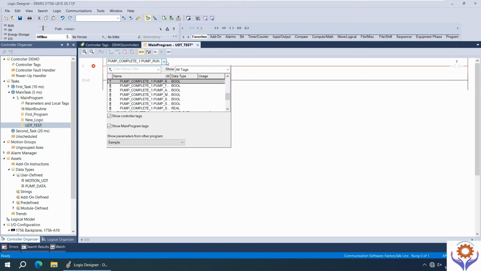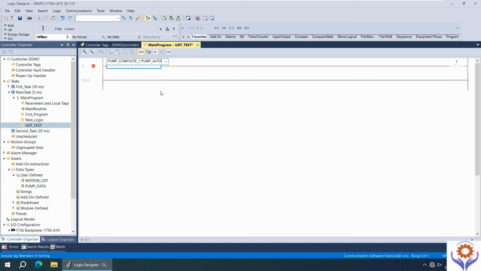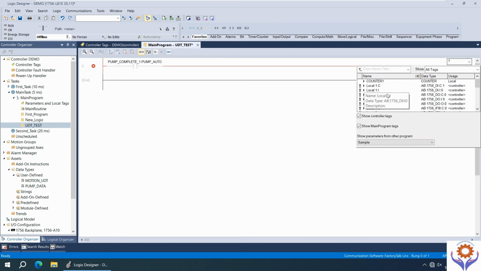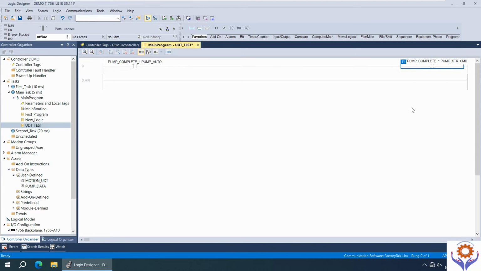Whenever you are planning to use it for a big application, where you have more than, for example, 5 or 10 pumps, or maybe you have huge IOs, at that time it will minimize your engineering work if you use it like this. Now I just added the pump command as well. Similarly, you can use any of the